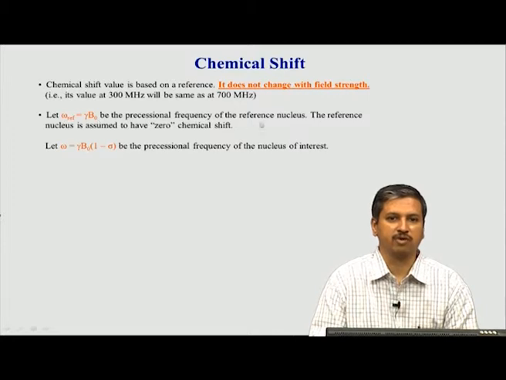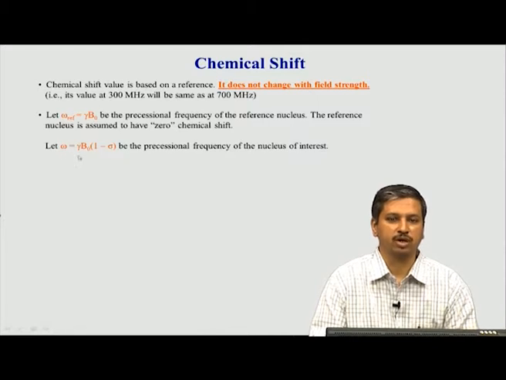Okay. So, this reference now we will assume as 0 chemical shift, which means that sigma, if you recollect the sigma parameter in the previous slide, the sigma is no longer there. So, we consider this as hypothetically a 0 chemical shift. So, this is how it looks.